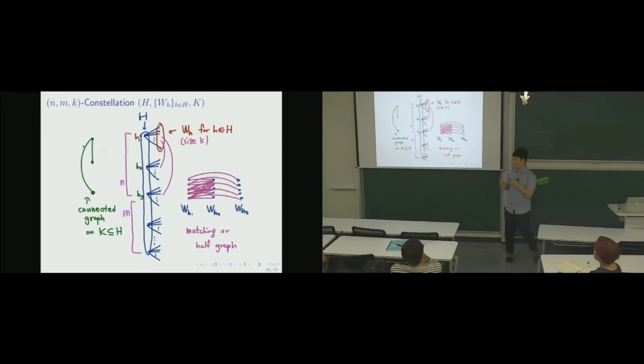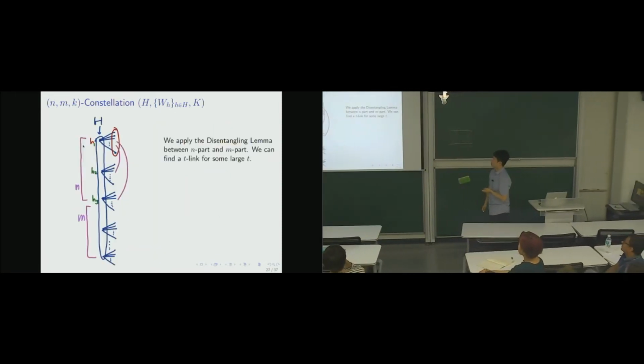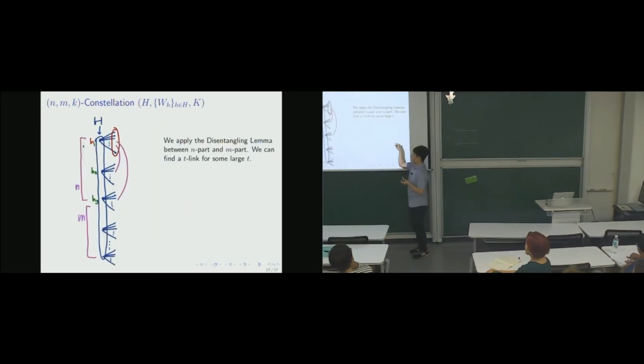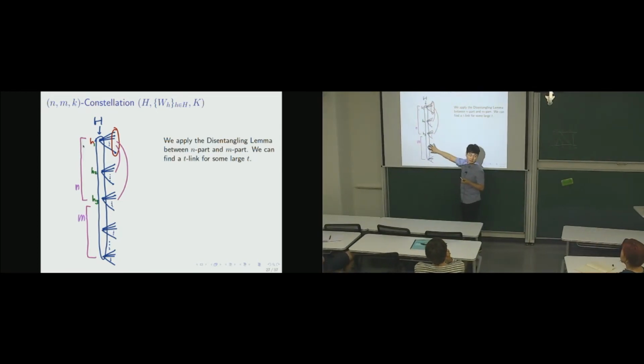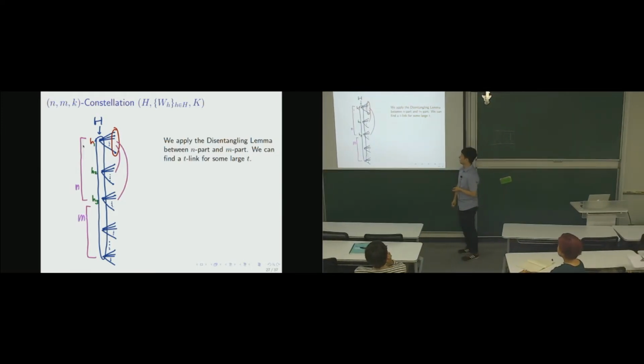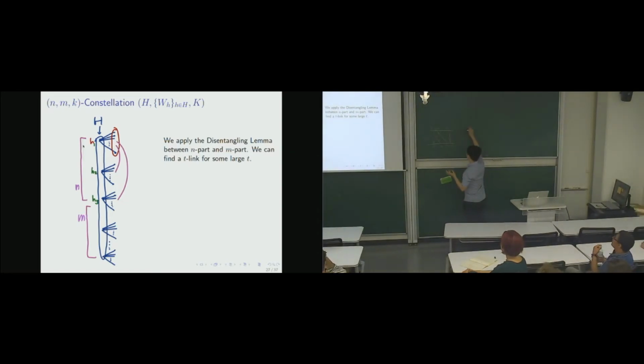So this is a definition, and basically what I want to describe is how to connect this n star to an m star. You want to increase the connected part more and more. So we apply the disentangling lemma, but before doing this, Sang-il proved these kinds of things. If you have rank-width like T, where G is T, and